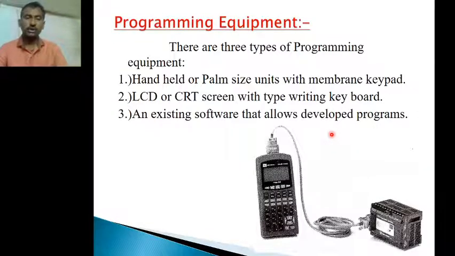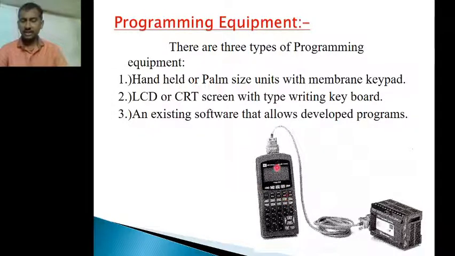And next, programming equipment. Programming equipment means how the program will be entered into our PLC CPU. This programming equipment is explained in three ways, based upon whether the PLC is a small PLC or a large PLC. In the case of a small PLC, we can go for the handheld unit, as shown in the diagram.